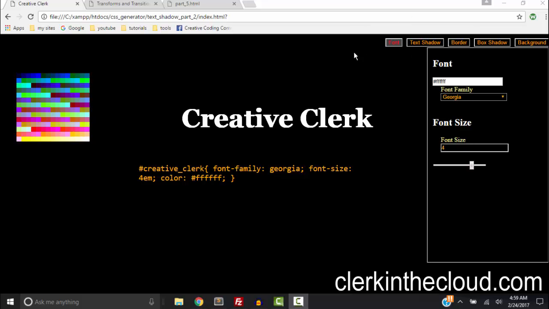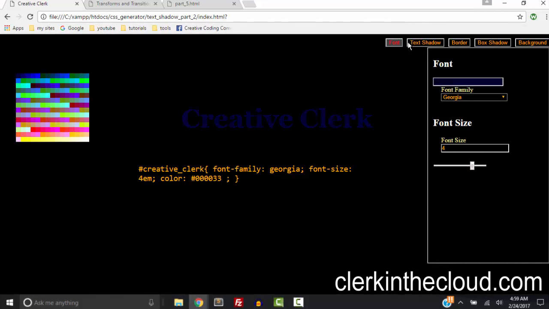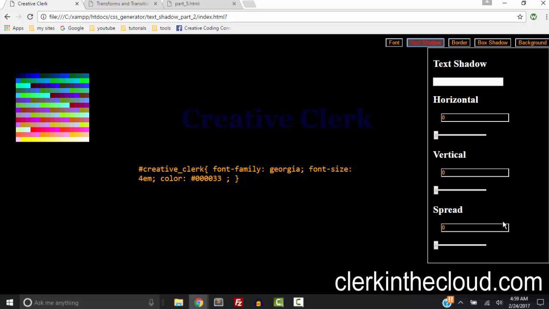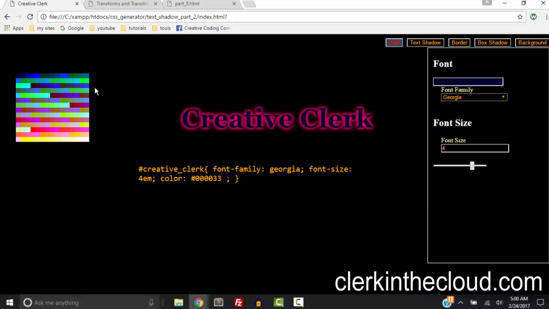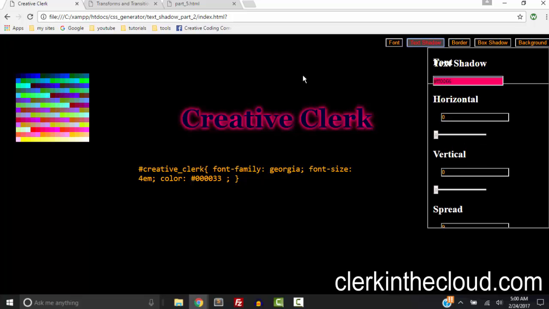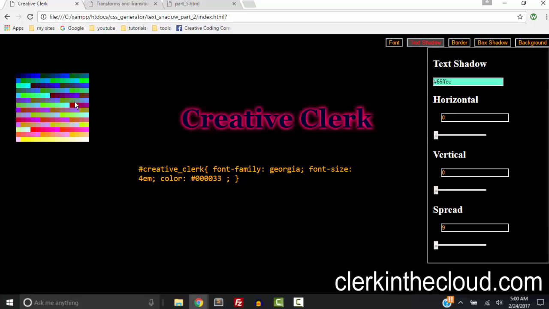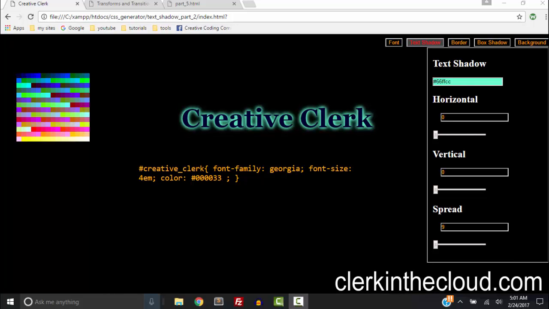In the last video, we created the functionality to where we can click the text shadow button, give it a spread, and then we can go over, use the color picker to click a color, and when we hover off the color picker, we call that function and set the color. But like our font color, we can see it as we're hovering over. So let's do that with our text shadow so that when we hover over our colors, we can change the color. So let's go to the code,